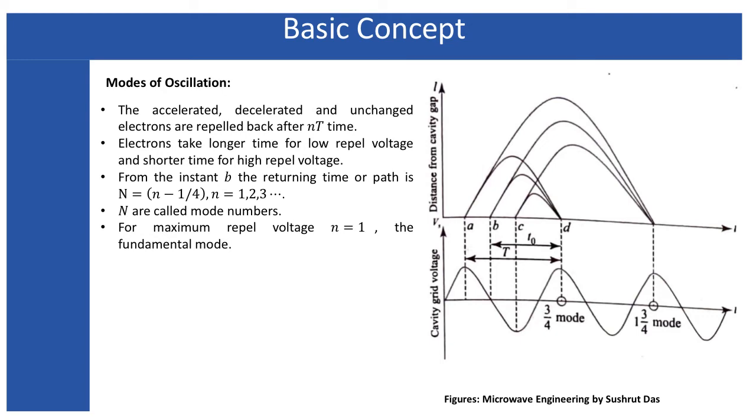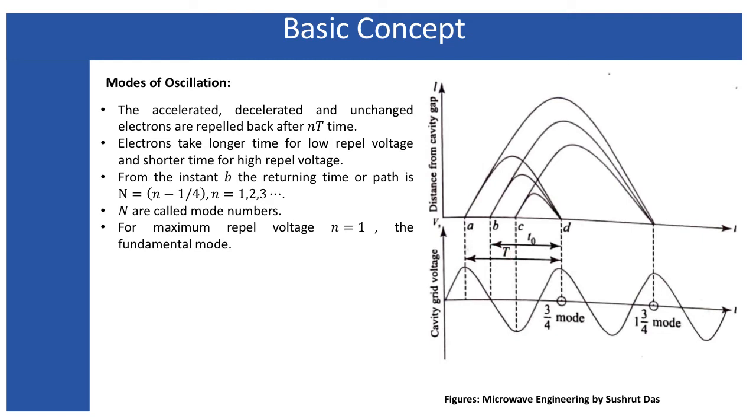So this also will provide the positive feedback, but the mode will be different. As you can see, the first one is called 3/4 mode and the second one is called 7/4 mode. Later on I will discuss more on these particular modes. The time period corresponding to the 2 pi phase shift we know, and here I have denoted as capital T.